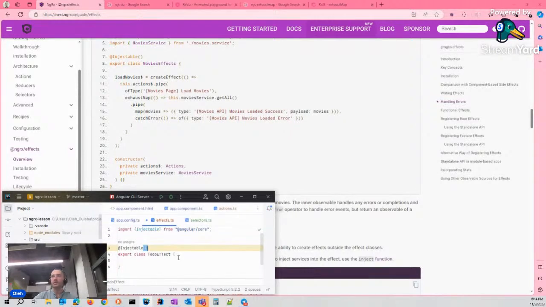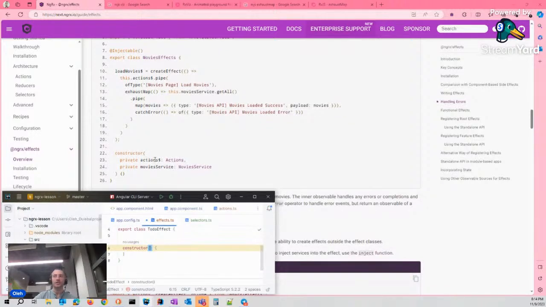And the constructor has the actions service, another service that we have to use each time. Actions.